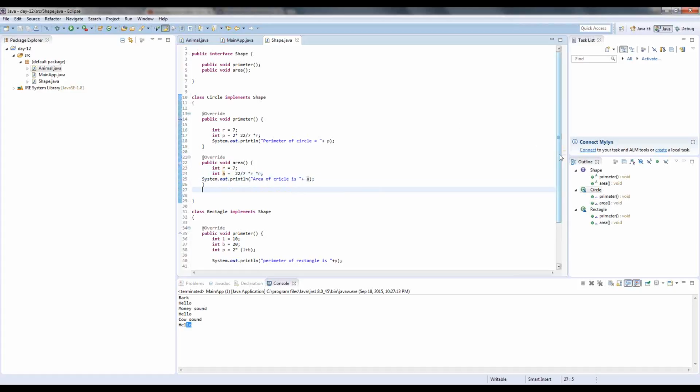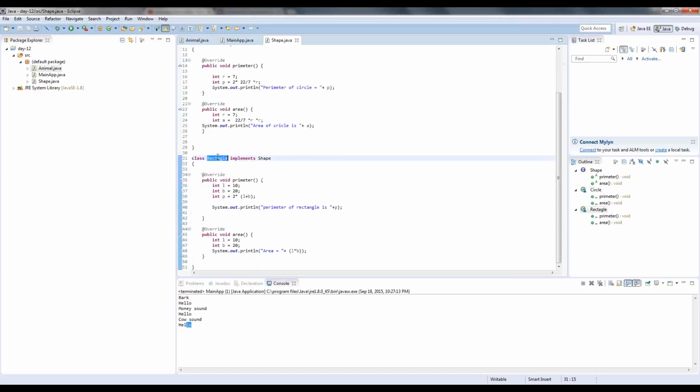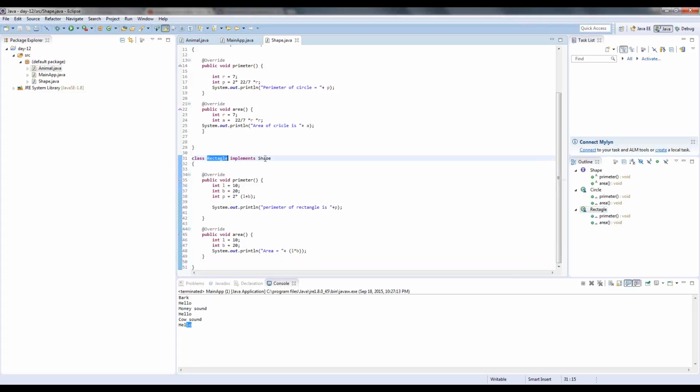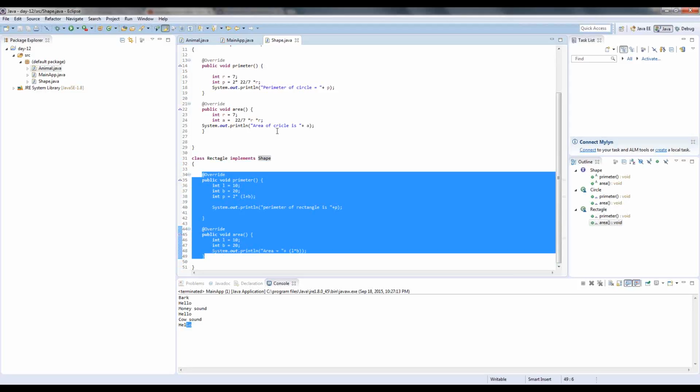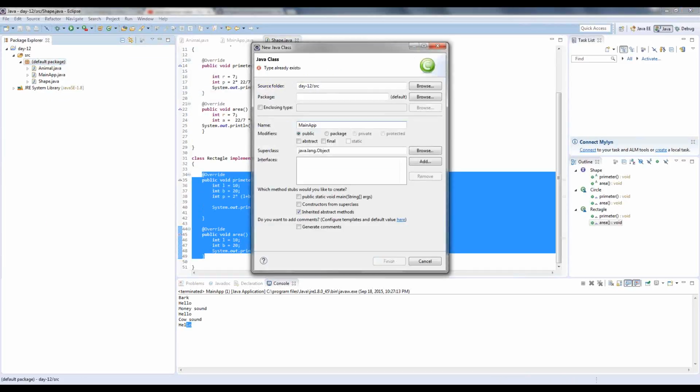Okay, so see, the implementation varies according to the shape, right? So circle, extending the shape, so their perimeter and the area implementation will be different from the rectangle. So if you say rectangle is a type of shape, then if it's a shape, it must have some area and it must have a perimeter, right? So you need to have this contract kind of thing that you need to follow, and you can again use it for, so main app